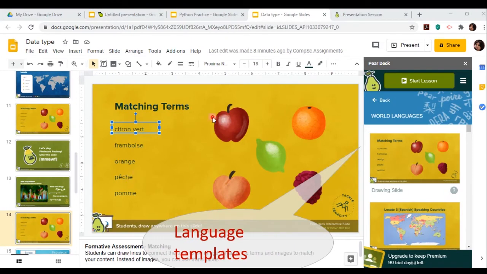Another example, another template from language. This is one language-based slide. Here students have to draw the lines. Again, drawing type answers. Students will select this name, and this name has to be joined with the appropriate drawing shown on the screen. You can change these words with your own words, or you can change these diagrams with your own diagrams according to your specific needs.